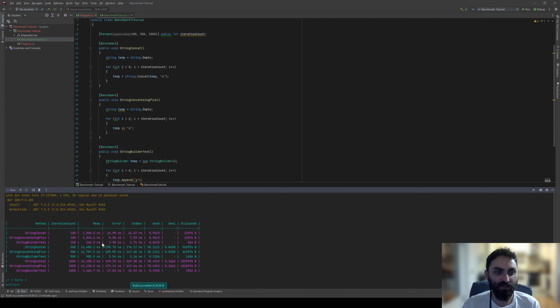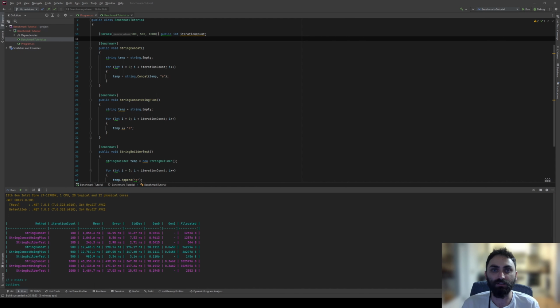Okay, benchmark has completed, and we have the iteration count column, which comes from a field that we created with the params attribute. As you can see, the string builder is the winner across all the iteration counts. And the more we iterate, the string concat methods are leaking data through generation 1, which is not really good. But string builder doesn't do that across all the iteration counts. So maybe if we increase the iteration count, the first two methods could leak data into generation 2 in our memory. But before that, I want to do something else, which is to talk to you about